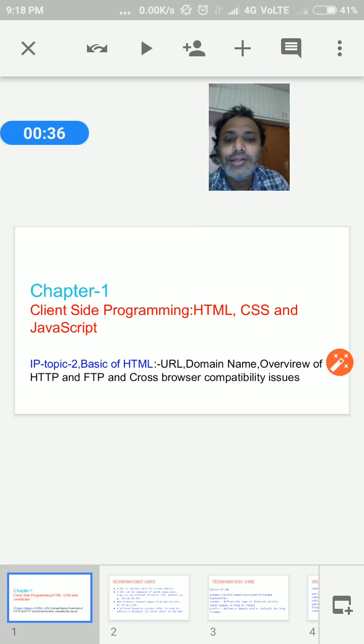Okay, so the URL, domain name, and overview of HTTP. We are not discussing them in detail, but we take some overview, because that part we already discussed in computer network lectures.